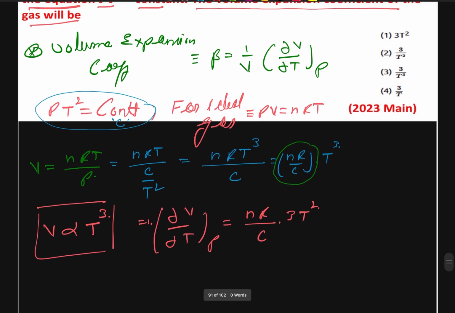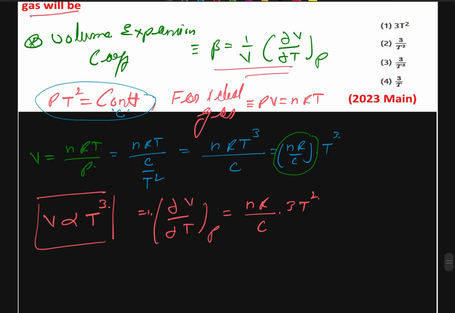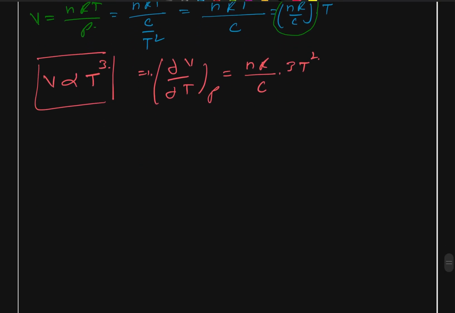And we substitute this in the formula. So we get that our beta will be equal to 1 upon V times nR upon C times 3T square,